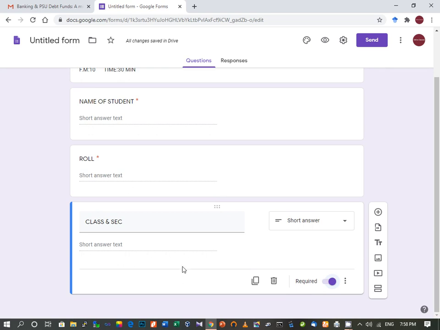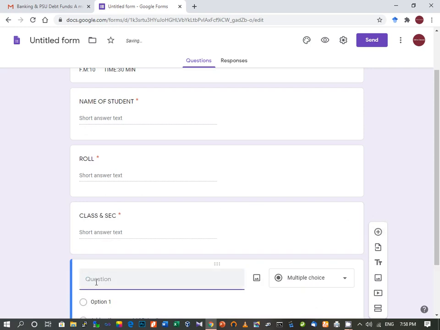Then we will start writing the questions. From here, this plus symbol, we click here, and here we have the first question. So we write it over here. Now in this form we are going to have all types of questions: multiple choice questions, true false questions, short answer questions, and there will also be questions where the student will be allowed to draw a diagram. So we are going to see all those options one by one.